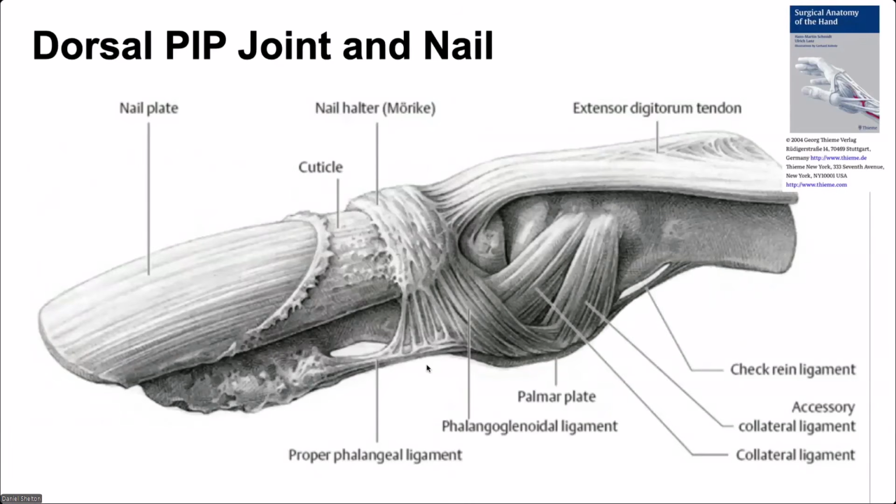Getting right into where we left off on the dorsal PIP joint, basically. We're going to cover more anatomy of the dorsal PIP and then combine that with the nail bed anatomy, so they go along so well together. My favorite atlas for this is the Surgical Anatomy of the Hand. If you want to know where I got this particular illustration, and the following two illustrations coming up.